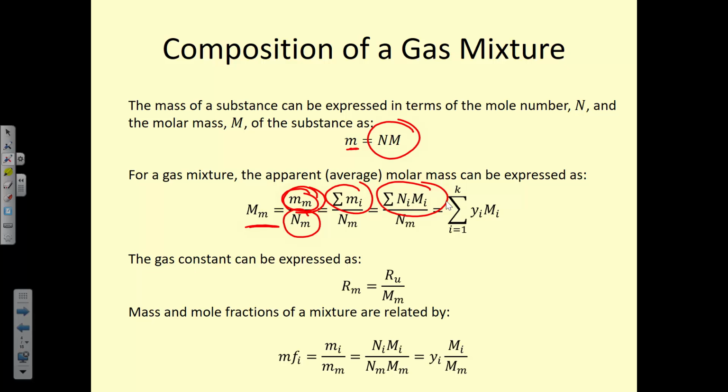Part of it depends on what you're given in the problem, because sometimes you'll be given molar values. You'll say, you have this many moles of this and this and this. Sometimes you're given kilograms. Sometimes you're given volume percents or mass percents. So you need to know how to convert between all of these different systems. So if you have mass, how do you find molar mass? If you have moles, how do you find mass? So knowing how to do that is critical and important.